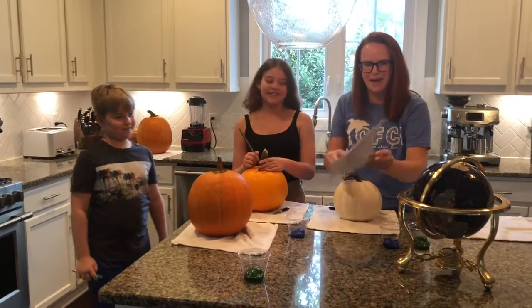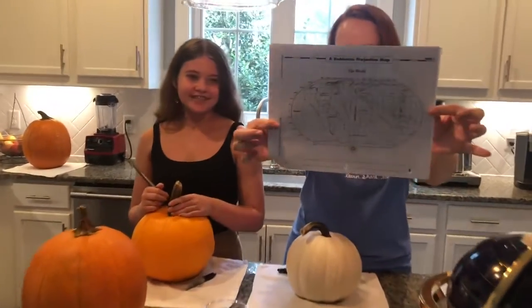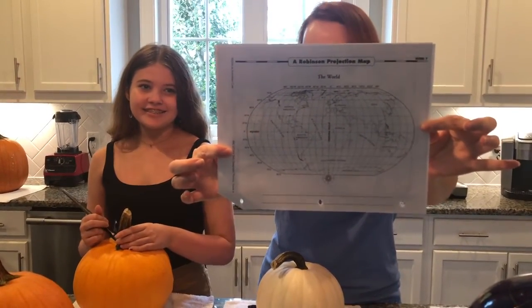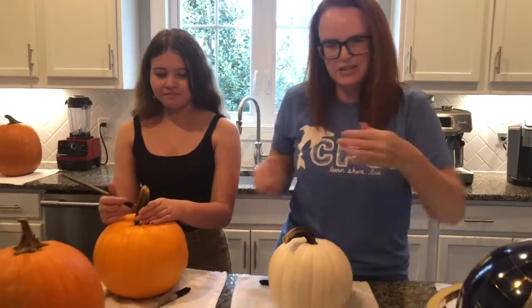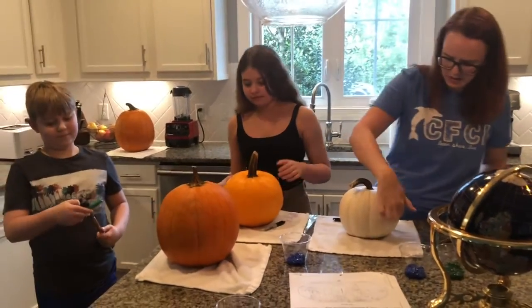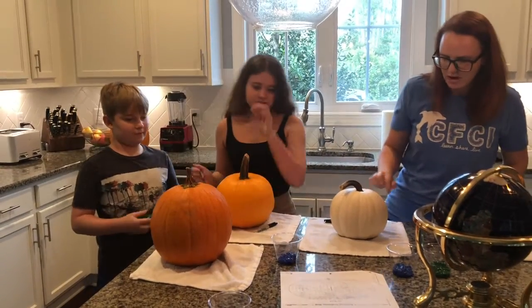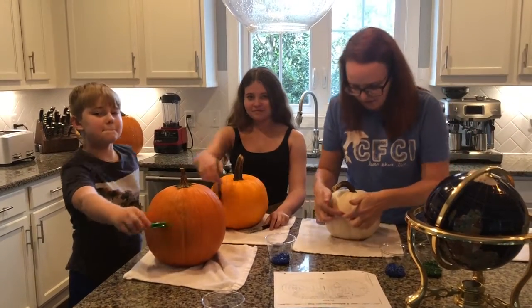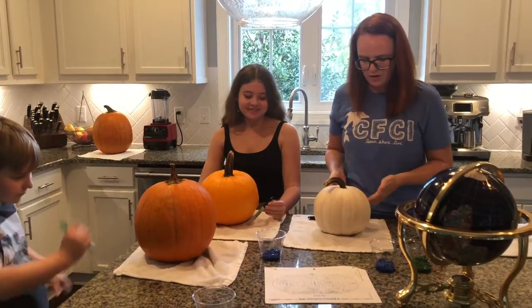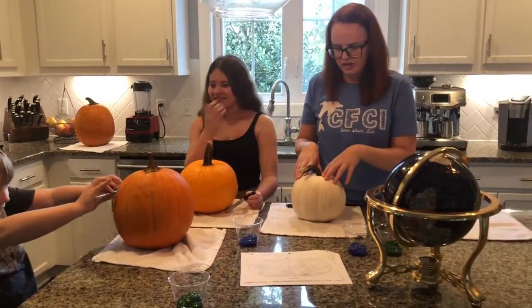So if we look at our map, there are 7 continents on our globe. We're going to work on using this map to help us turn our pumpkins into globes. The first thing that we want to notice is where the equator is. The equator is an imaginary line that runs around the middle of the earth. So we want to find that imaginary line that kind of runs around the middle of our pumpkin. That's going to help us figure out what continents need to be above that imaginary line and which ones need